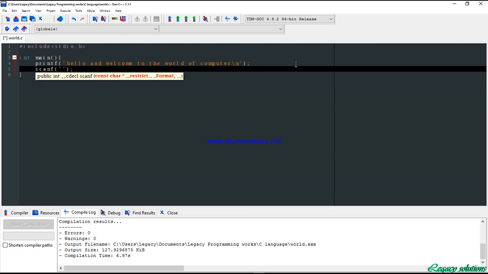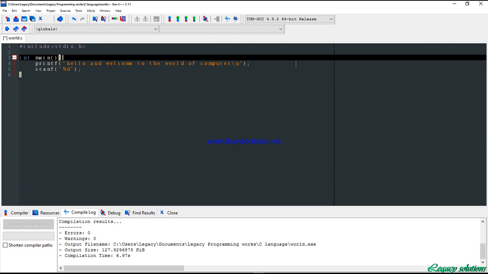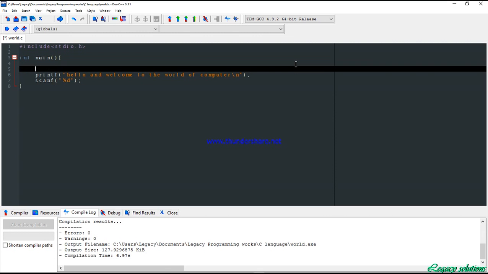You signify what you want to collect from the user by either %d, %f, %s, or %c, depending on which data type we are talking about. Now here we are talking about the integer data type,